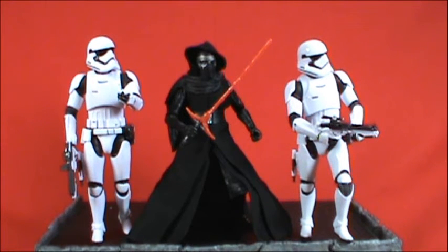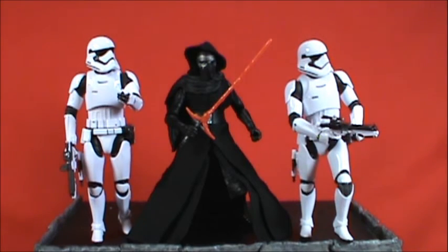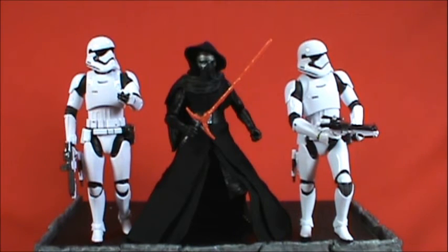So I think Stormtroopers are going to be something, if I can find one sitting somewhere, I think these are going to be kind of a constant buy. Hey, I got 20 bucks, time to pick up Stormtrooper, time to pick up Stormtrooper. So it's one of those, it's cool to army build. It sucks that there just aren't very many out there, but Kylo Ren looks great with the Stormtroopers, and this Black Series, for a guy that's just now getting into some of the Black Series stuff, yeah, the bug has